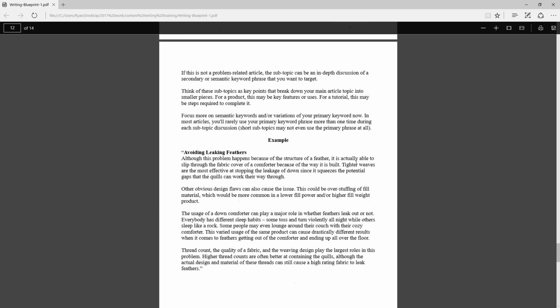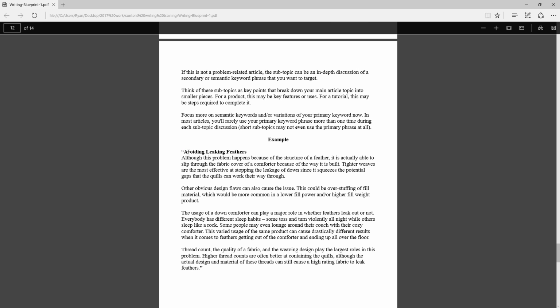So this section of my Leaking Feathers page is about avoiding these leaking feathers. I talk about, as I mentioned, product features that might help to avoid the problem.